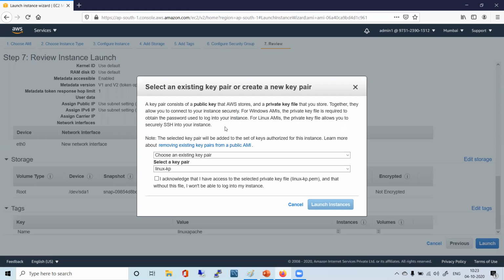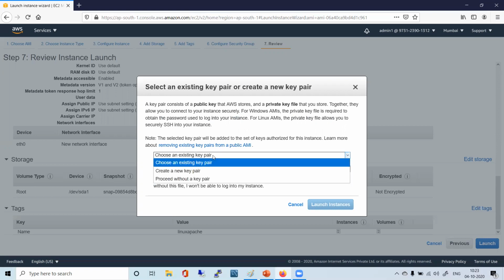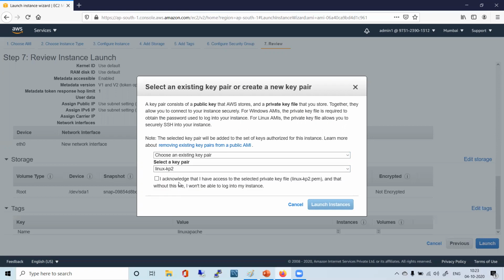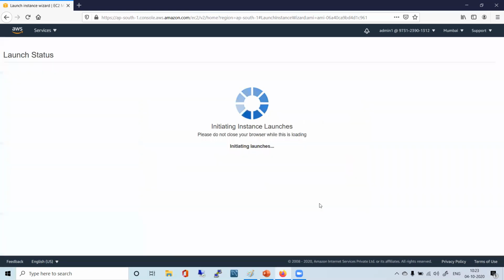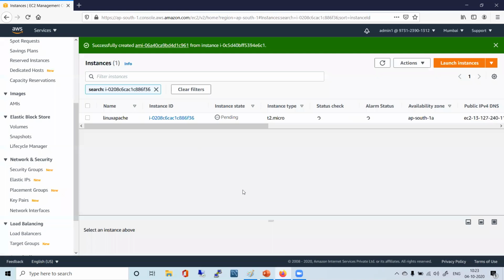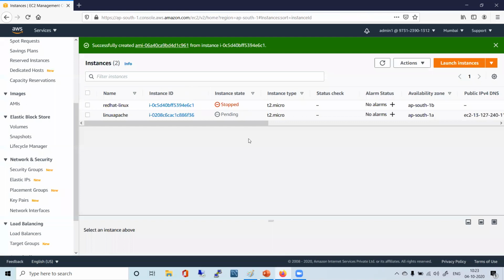What we have been doing so far, right? So choose existing one, and it says whatever key pairs are there, so it's giving me a choice. So I used key 2. I'll use the same one today as well. So I'll just say acknowledge, and I'll say launch instance. So it's launching, right? So you can view launch logs, or you can simply go there. You have the filter, so you can just remove the filters. It will show you another instance that is getting created. So just take a look, right?